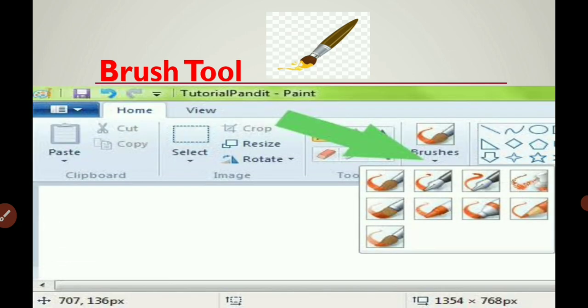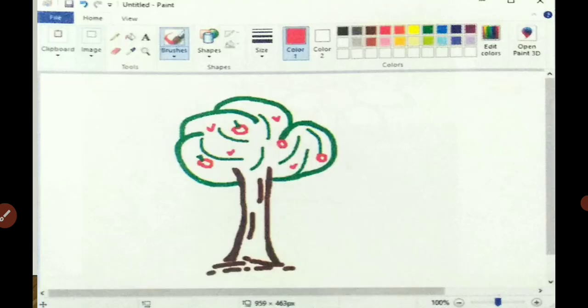Okay, once you select Home, within that you can see one brush symbol like that. Okay, see, there is one brush symbol. So this brush option is used to draw pictures. Okay, so here also you just click the mouse left button and click and drag. Okay, click and drag and start to draw by using the brush tool. By using the brush tool you can draw like this tree. Okay, so the brush tool looks like the shape of a brush, which is in the Home tab.